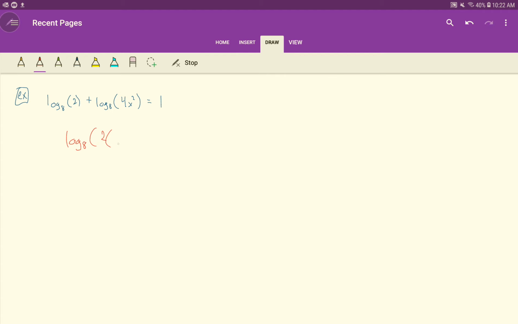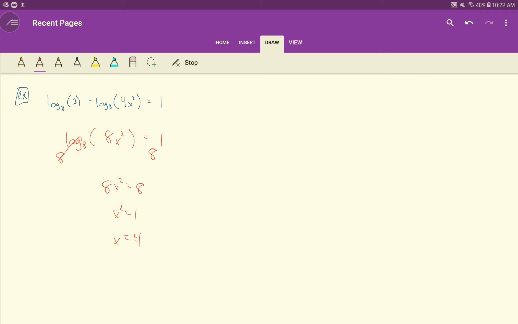So we can do 2 times 4x squared. Actually, I'm just going to write it this way. Like so. Equals 1. Okay, that really simplifies to 8x squared then, right? And now I have my logarithm isolated. I'll do 8, because my logarithm is base 8, so I'll do 8 to the left-hand side and 8 to the right-hand side. Those cancel. I have 8x squared equals 8. Divide both sides by 8, x squared equals 1, and then square root both sides, x equals